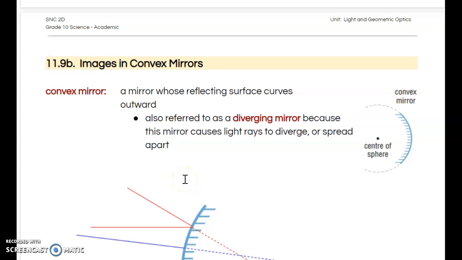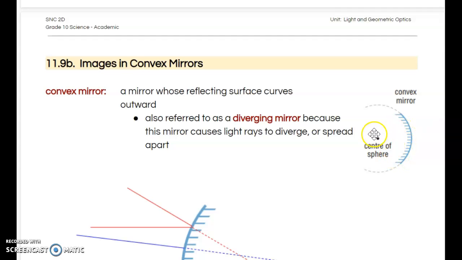All right, so we just talked about concave mirrors, but what about convex mirrors? A convex mirror is a mirror whose reflecting surface curves outward. If we look over here, we have our sphere right here. Remember how I said it, pretend like these mirrors form a sphere, and our opaque side is on the inside